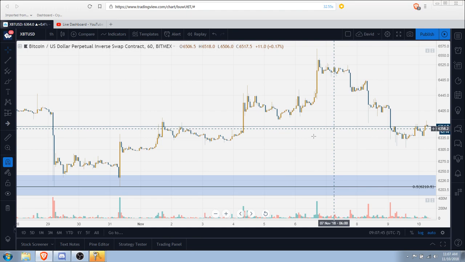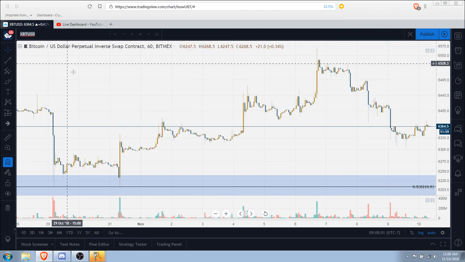So, come on, don't do this to me, computer. Apparently my TradingView hates me today, so